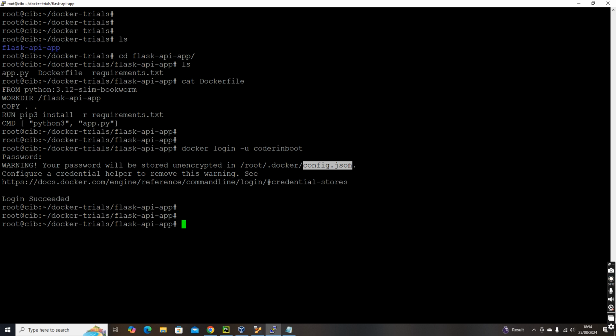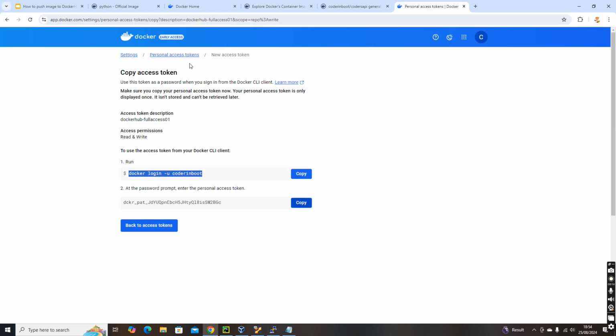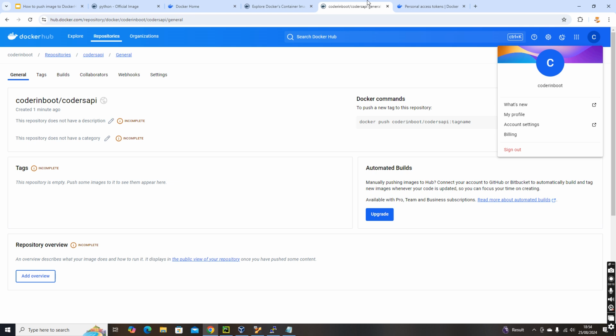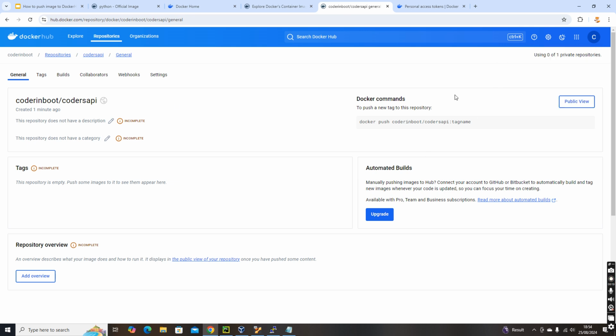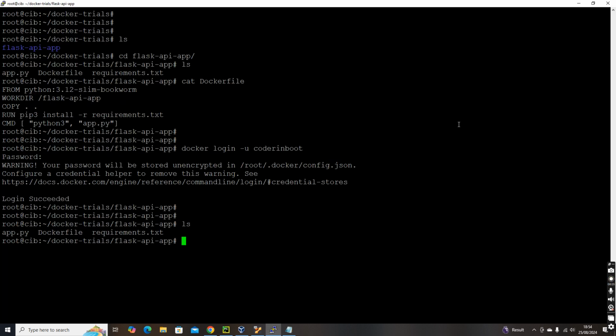Now we have our Docker logged in to the remote repository, Docker Hub. Now we need to push our image, right? Before that, we need an image. So I'm going to create an image over here. I have a Docker file over here. Using the Docker file, docker build